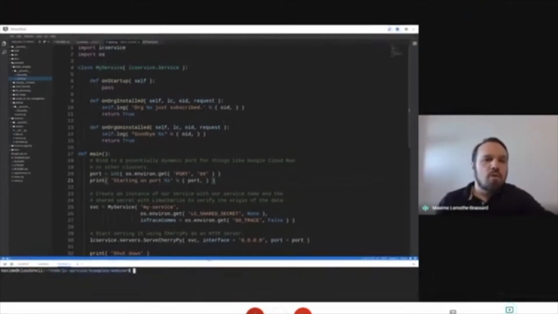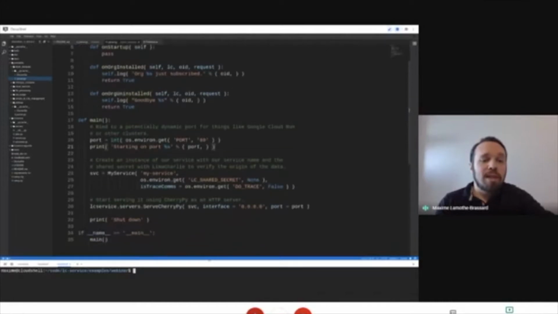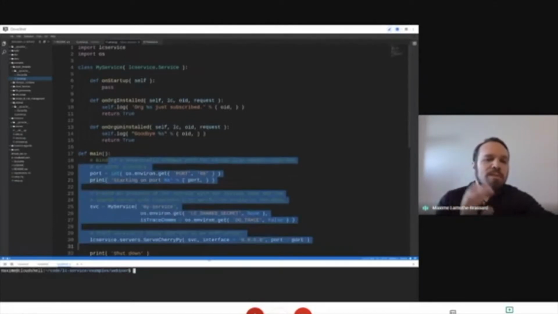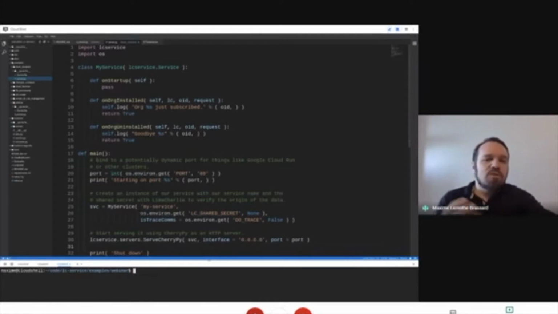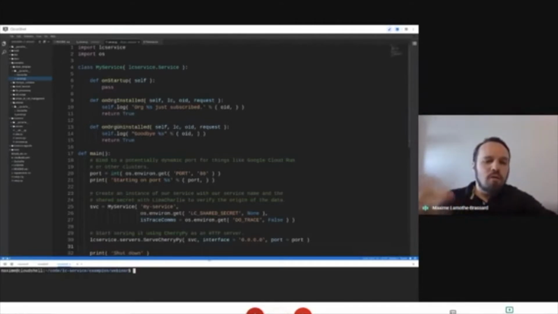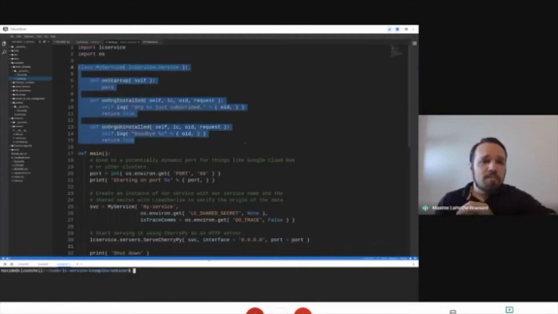So let's get started. This is the blank template that we have for a LimaCharlie service in the repo. Bottom part, you can absolutely ignore it. All it's doing is starting the main class. As you get fancy into your services and want very specific things, you can get into it. But essentially, we just start serving HTTP and give over control to the LimaCharlie service. This is really where it's at, at the top. This is a tiny boilerplate code. You'll see that the general concept is that we have functions we'll define.